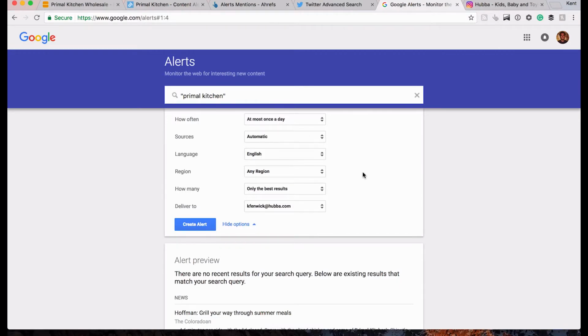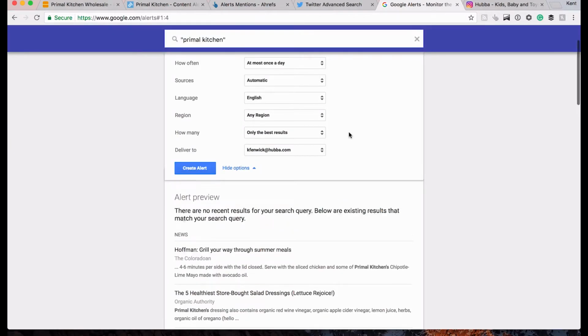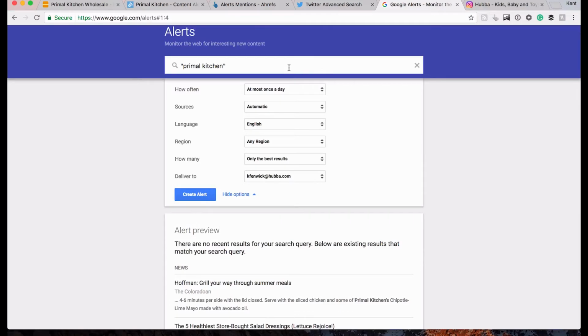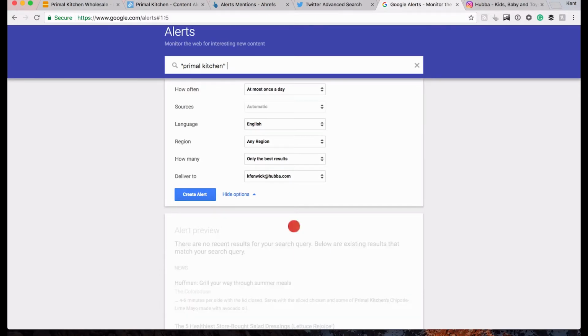So it'll try to filter out any spam or comments or social accounts that it doesn't think are very legitimate. And you can then also say, just send me that once a day. And again, what's nice is you can actually use all of those advanced things that we saw in the Twitter search. The main one you're probably going to care about is the minus sign.